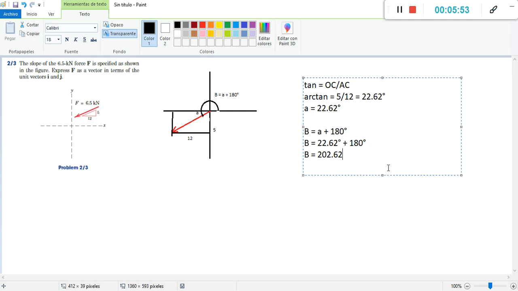Okay, from there to find the vertical and horizontal components, we need to find the magnitude of this side, which is equal to these ones. This is going to be the vertical component and the horizontal component. So for that we need to use sine and cosine. In this situation, because this is the angle, for the horizontal component we use the adjacent cathetus, the cosine. So for the horizontal component, we found that